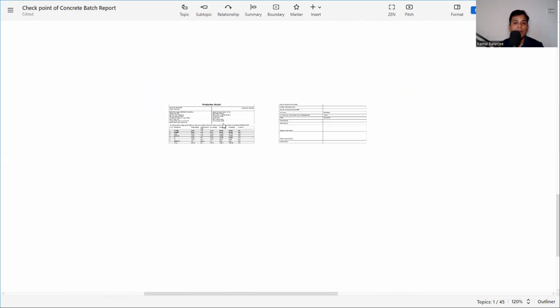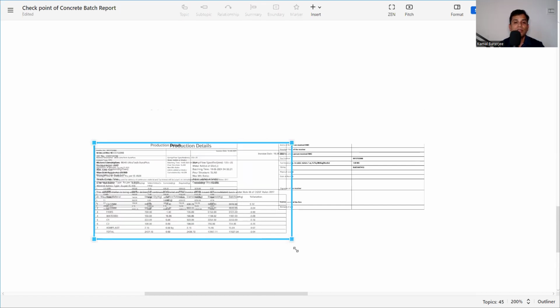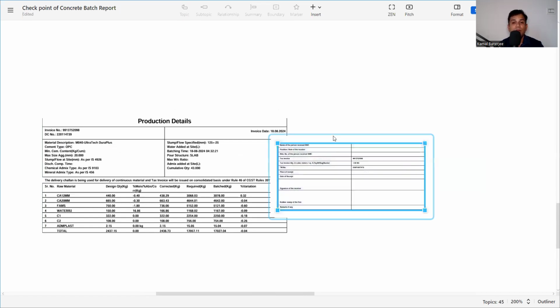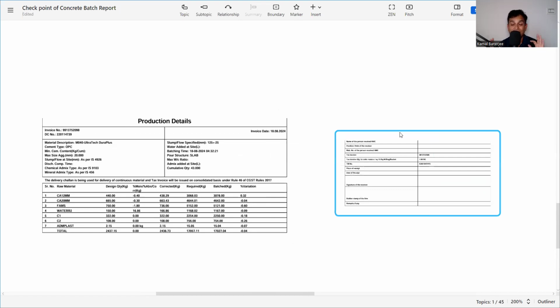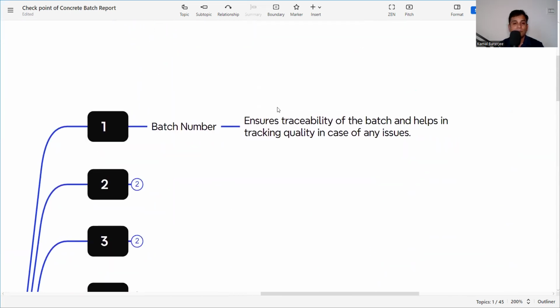So where will we get the batch number? Here we can check from one example. See here, it is the DC number, that we can say is the batch number. Sometimes it's called the DC number. Here you can see DC number 2201749. This is a unique number. It is not shared with any other batch number. It is the unique one. For that truck, we can find out that this batch number is from this truck and from this batching plant and everything. And where we are pouring that concrete, that also we need to mention in our quality control